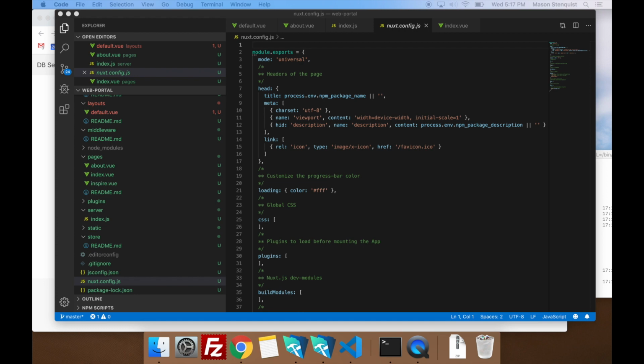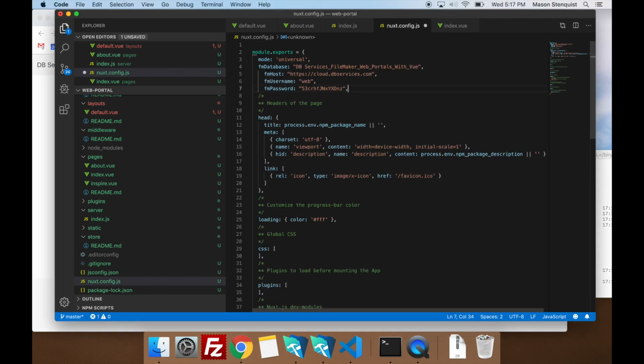So we can go in here and just add in whatever we want. So let me go ahead and copy some stuff out of my example file. Some of this stuff you probably don't want to put in your Git repository, because it might change.